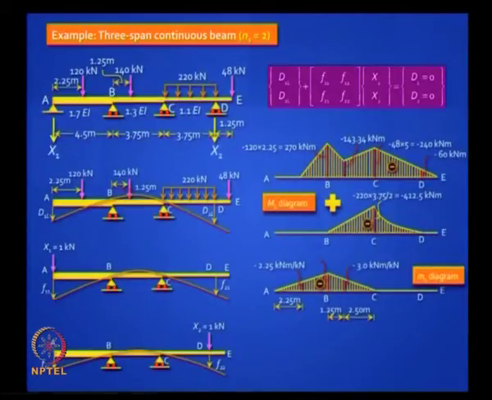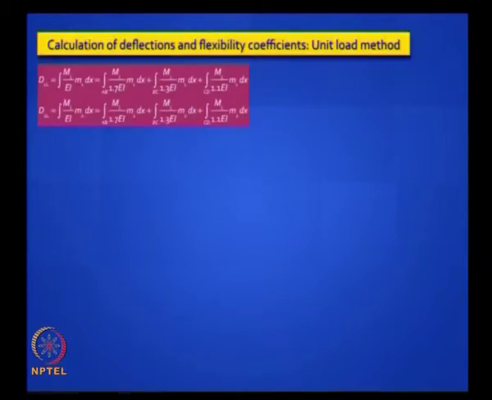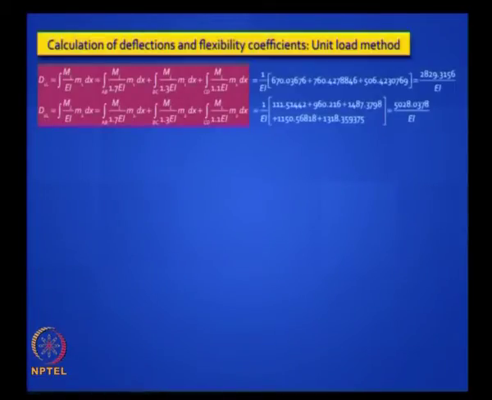When you apply x1 equal to 1, the bending moment diagram, small m1 diagram, will look like that. When you apply x2 equal to 1, this is what that diagram will look like, right. Let us not worry too much about the calculations, you know how to do this, but conceptually once you have got these diagrams you can multiply these diagrams the way we did in the earlier classes and get the answers. For example, if you want D1L and D2L, you need to do that integration and these are the answers if you work them out. They are solved in the book, you can study it in detail.